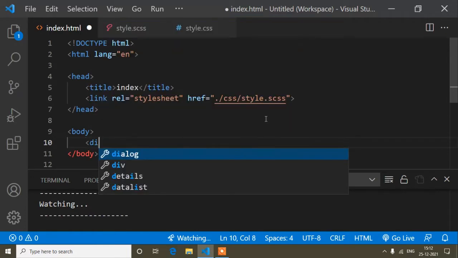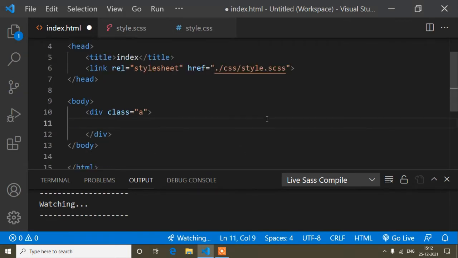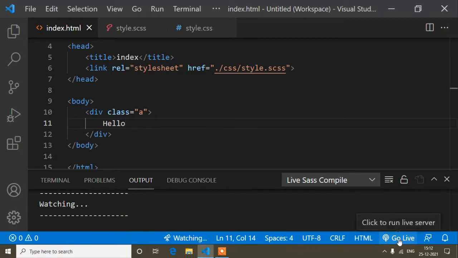So now suppose I write a class a, and here I write hello, and save. I also have another extension open, Go Live. I will click this one, and it will automatically open in our browser.